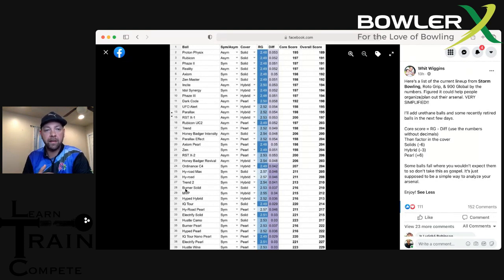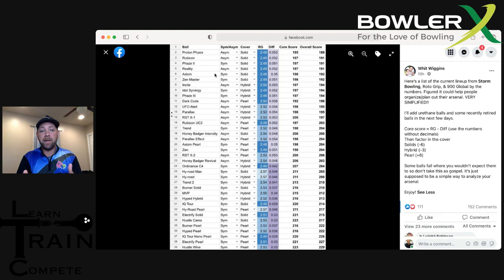Then you can look at the reality versus the Proton physics and look at the intermediate differential. I don't know those off the top of my head, but if you look at those and they are quite a bit different, now we can add points to them based on adding differential maybe. That was what Luke actually recommended. I'm not really sure how we would make that work yet, but we could consider doing that. But again, I think the consensus here is that there's just really no solid way of saying, okay, let's take all these bowling balls and just put a number on them and you're good to go.